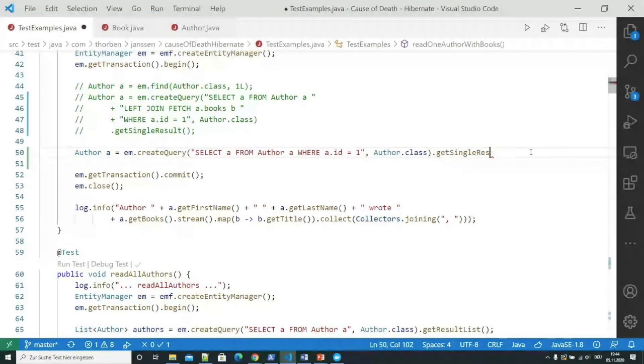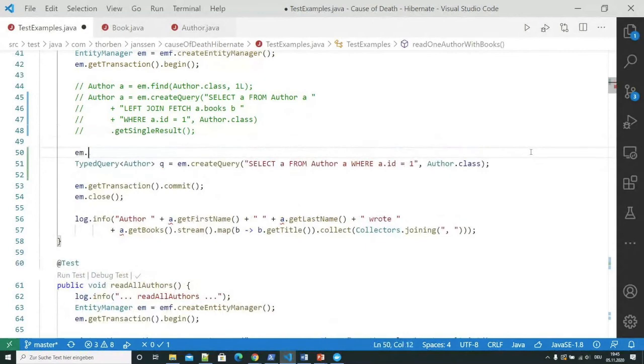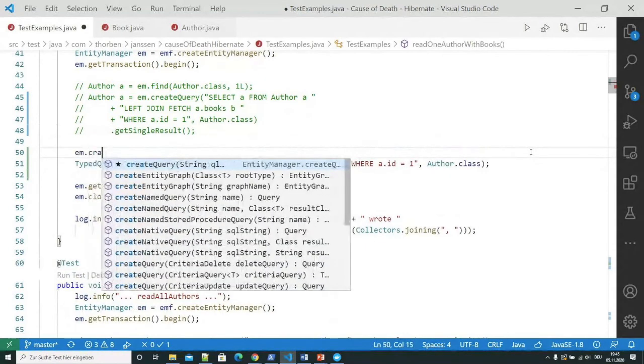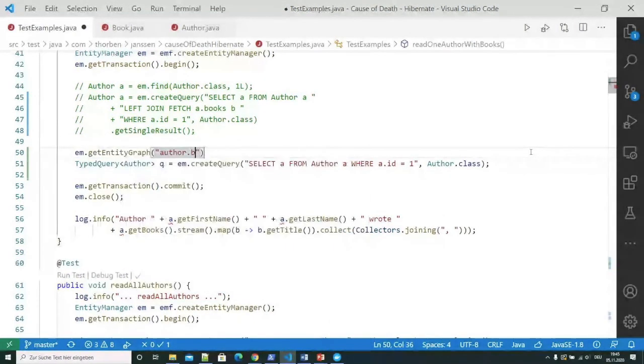We first need the query, then get the entity graph. That thing was called author-books. That's our graph.